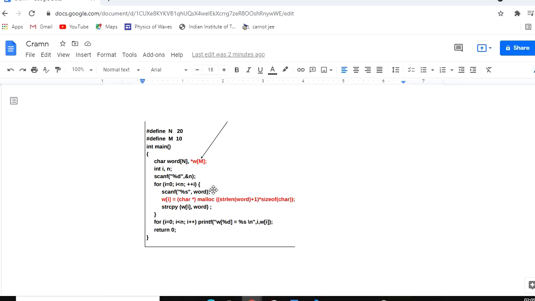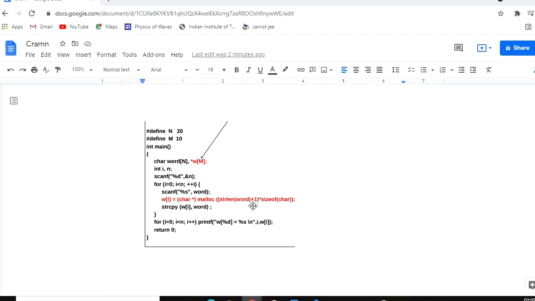First we take in each word, and then we have malloced for each index of the 2D array, meaning for each row of the 2D array w, accordingly to the size of strlen of the word plus 1 times sizeof(char). The plus 1 is for the null character to also be stored.